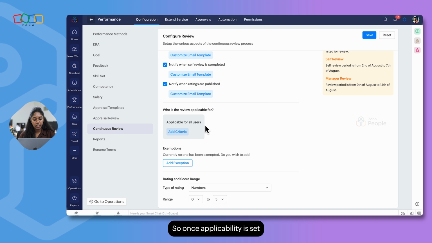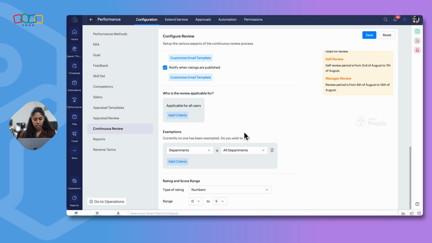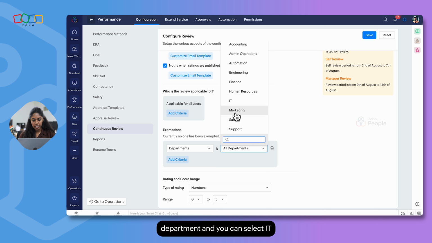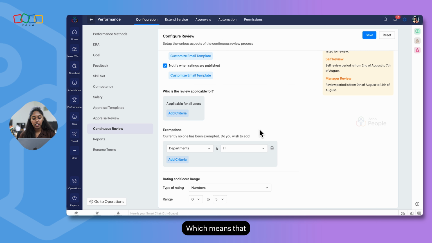Once applicability is set, the next option is about exemptions. Click on add exemption. You can either set applicability or you can set exceptions. So you can say departments and select IT, which means that except for the IT department, all users in your organization are eligible to take part in this continuous review process.